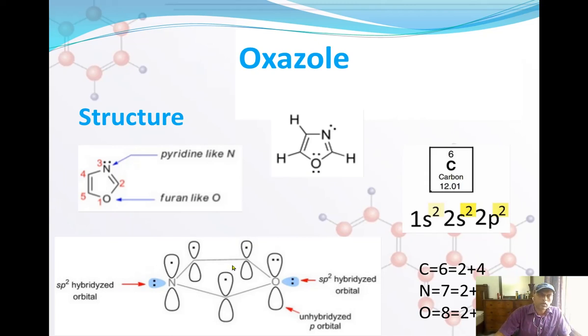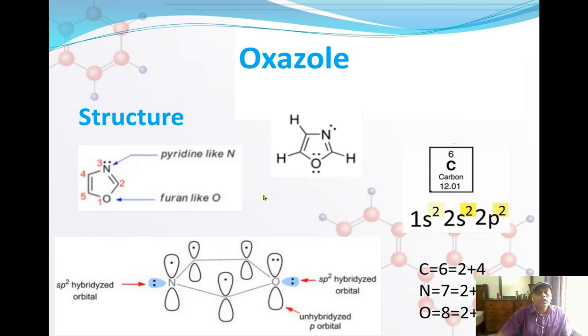Now this ring structure, the carbon, nitrogen and oxygen are going to form sigma bonds, and it is going to be in a ring shape. And this ring is flat. This ring is perfectly flat. It is not flexible, so it is flat, and it has got an electron cloud, the aromatic sextet.